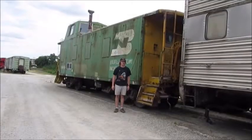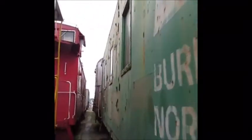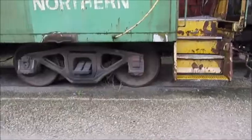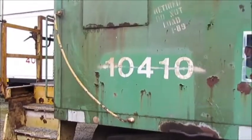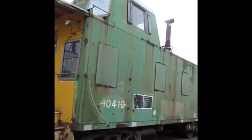What you see right behind me is Burlington Northern 10410. Burlington Northern 10410 was built by the Chicago, Burlington, and Quincy Havelock shops in Havelock, Nebraska in 1954. Burlington Northern 10410 was a Chicago, Burlington, and Quincy caboose and has a streamlined style cupola and was numbered at one time as Chicago, Burlington, and Quincy